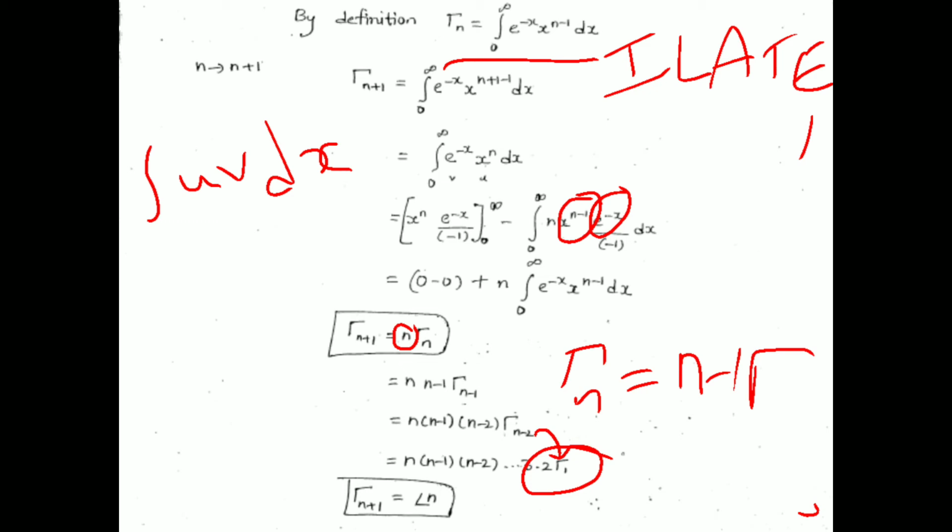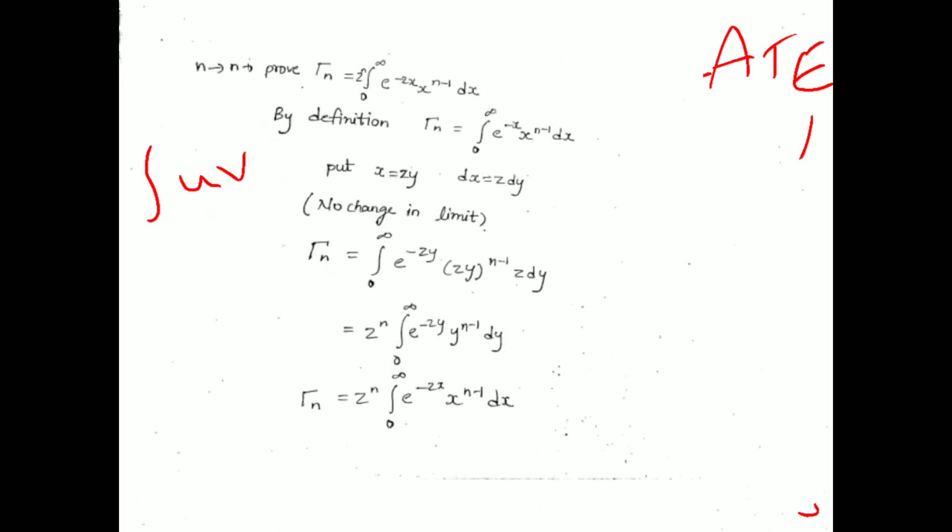So finally what we are getting is, if we see here, 1 into 2 into 3 and so on up to n, that is nothing but n factorial. N factorial is nothing but n into n minus 1 into n minus 2 and so on until 3, 2, 1. So finally we will have gamma of n plus 1 is nothing but factorial n. So this is the proof for the second property. And so next